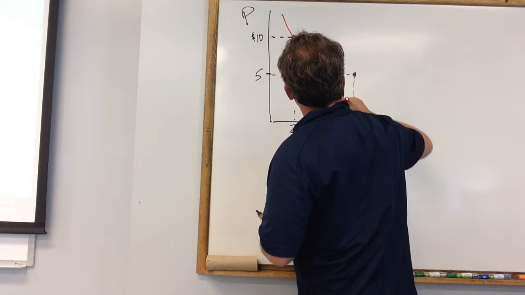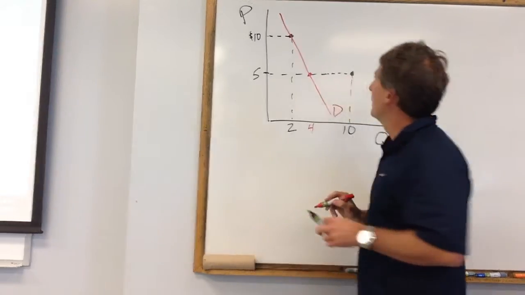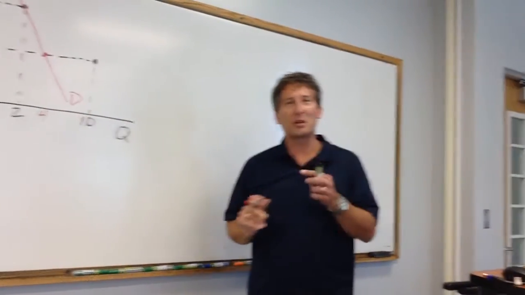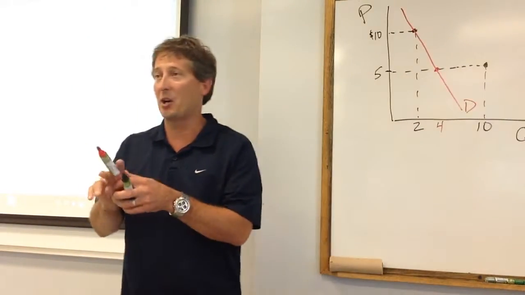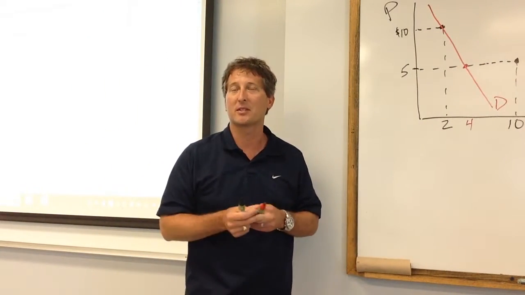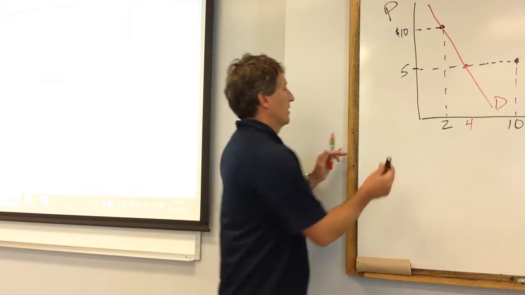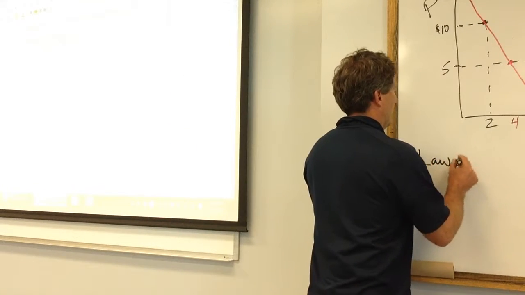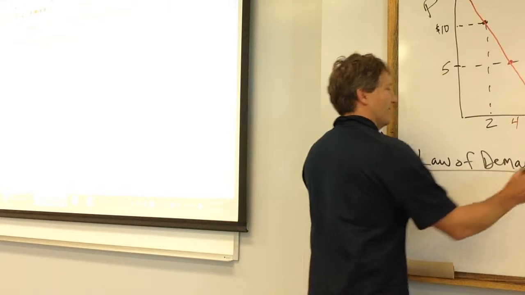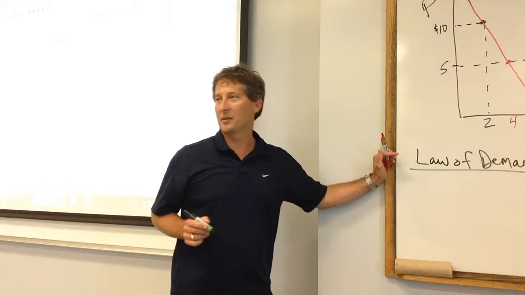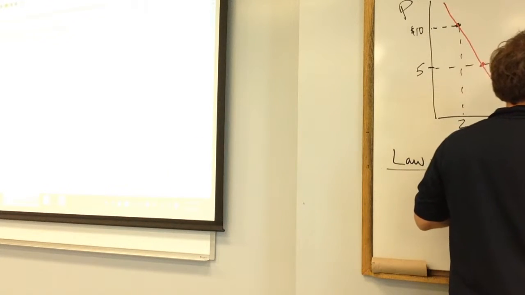So if we make a bold statement that price falls from 10 to 5 and I increase my purchases from 2 to 4, there's 2 special Latin words that the economist puts on the end of that, and that is ceteris paribus. Ceteris paribus, holding all of the things constant. So the law of demand, the law of the land in demand land, the law of demand is as the price